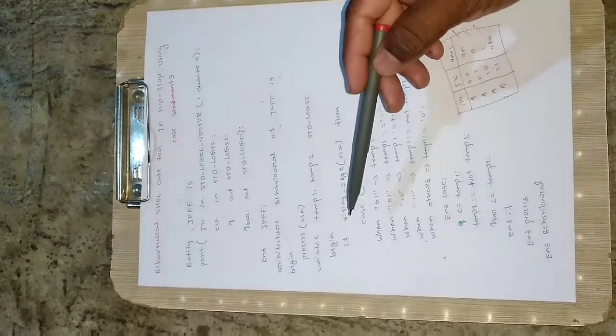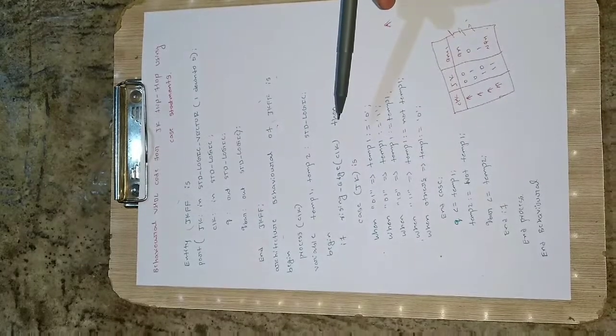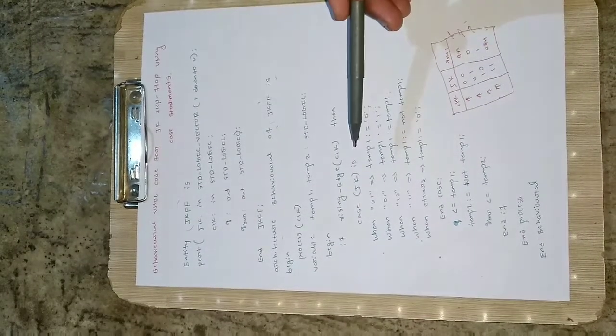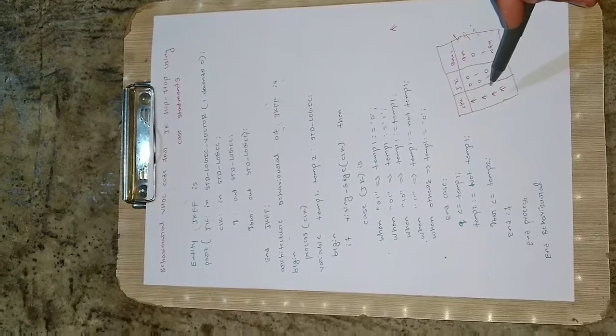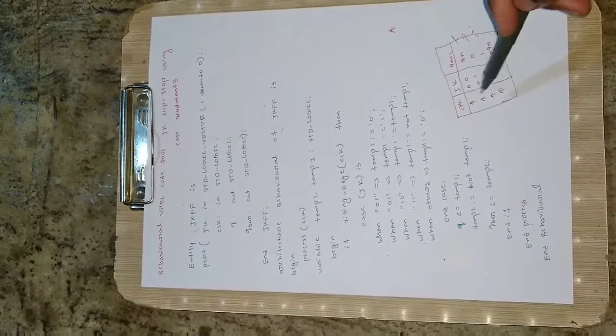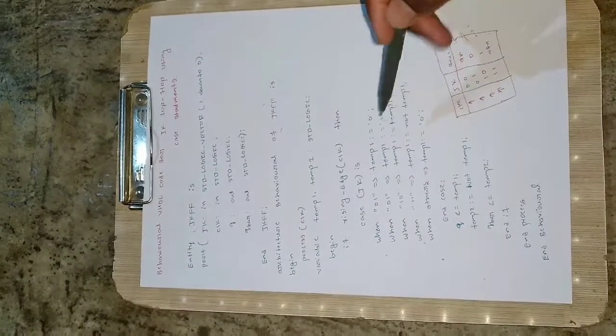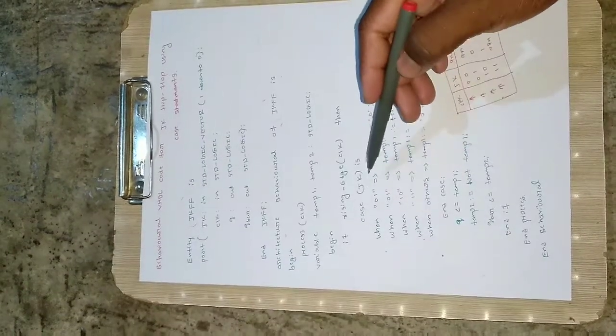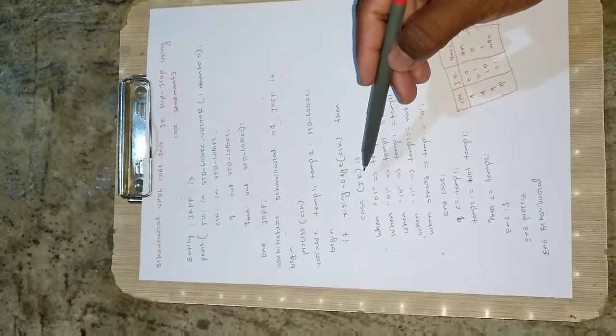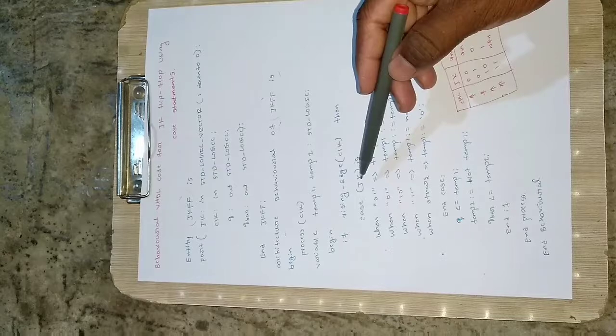So if rising edge of clock, then it will be executed if and only if a rising edge of clock is present. As you can see here, if this wants to execute, then the rising edge of clock should be present. Then case jk is, so it will check for the values of j and k here.